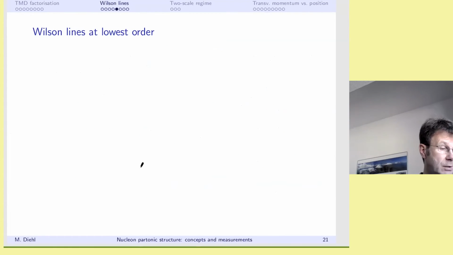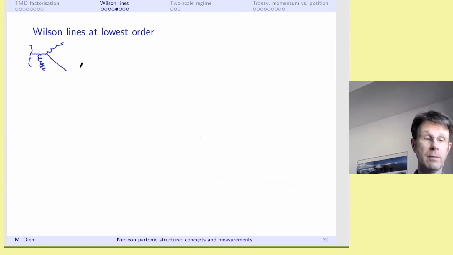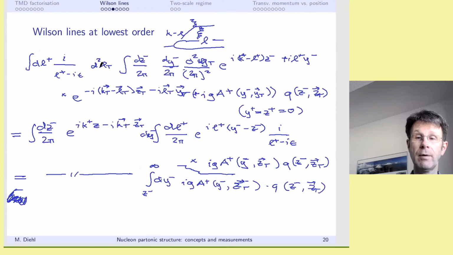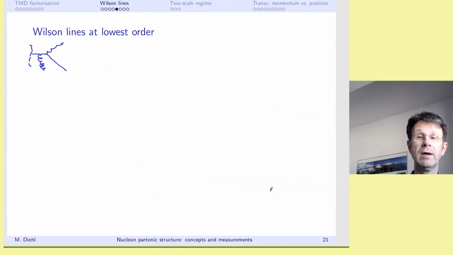We're going to make a break in a little moment. I just want to wrap up this part of the argument, if you allow. So if one does the same part of the calculation for the other side of the final state cut in SIDIS, as I said in the beginning, I will not show that, then one again gets the same type of a Wilson line. And if you combine that, because you have to add up the two graphs, with the previous term here, what you get in the sum,